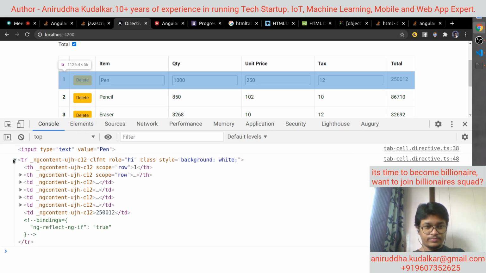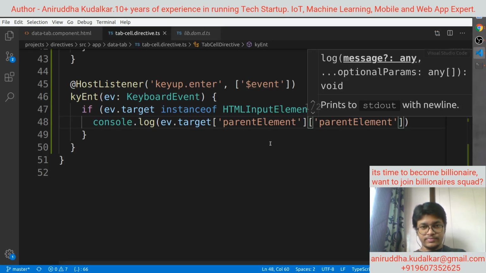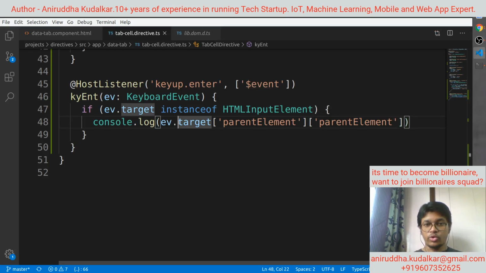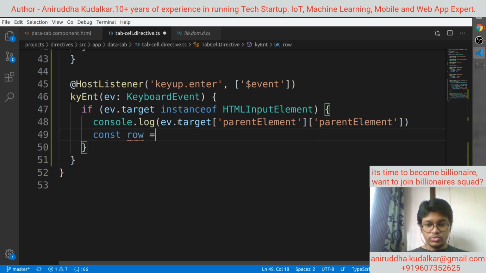Okay, these tr and tds are there. Got it. So this would be your row. Remember that. const row is equal to